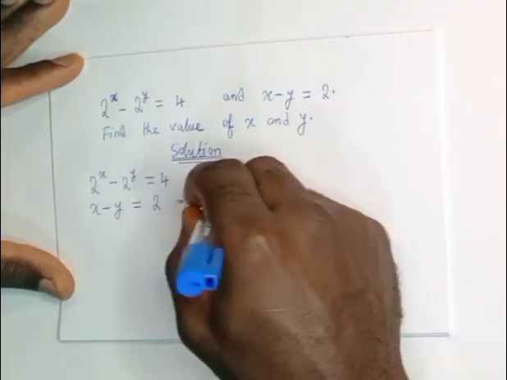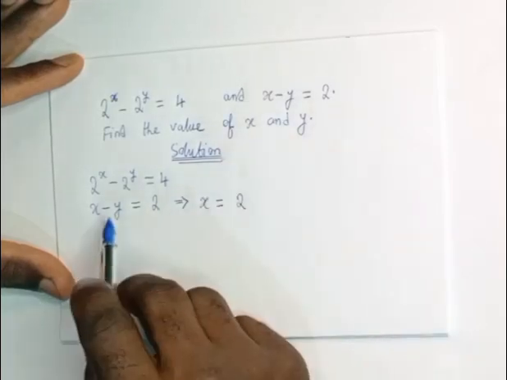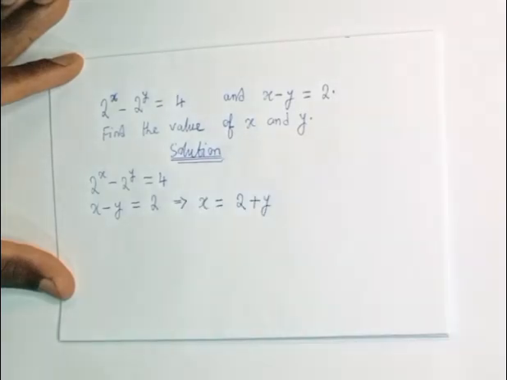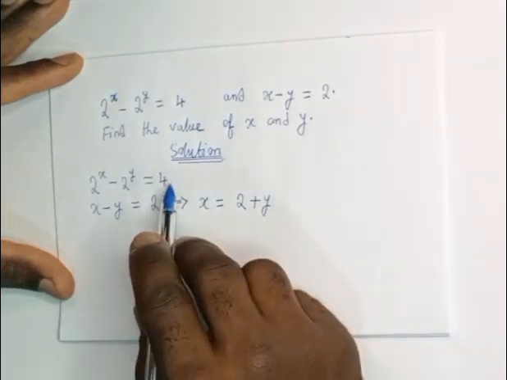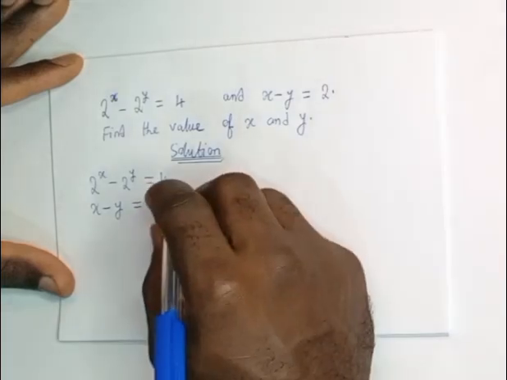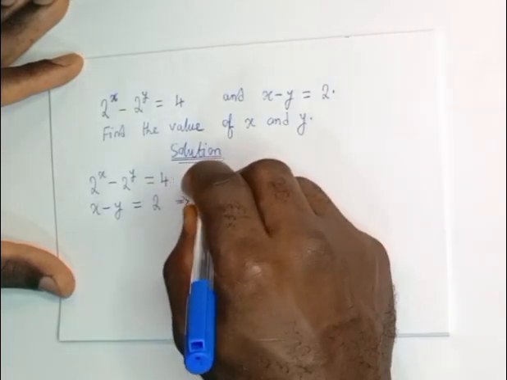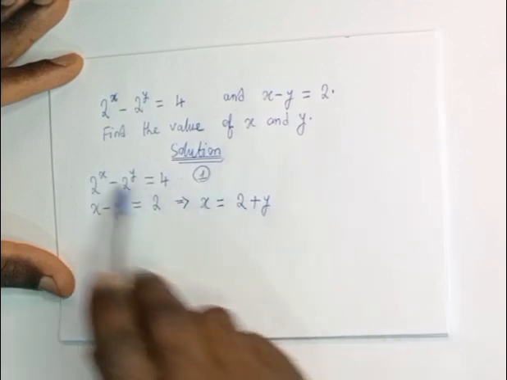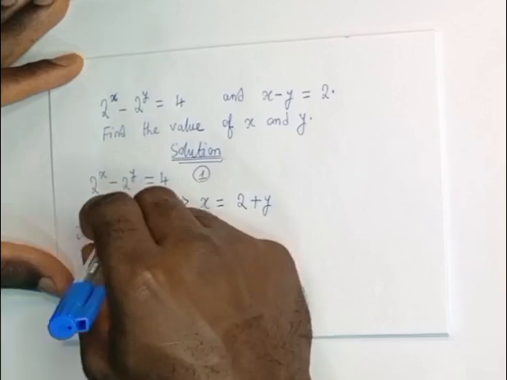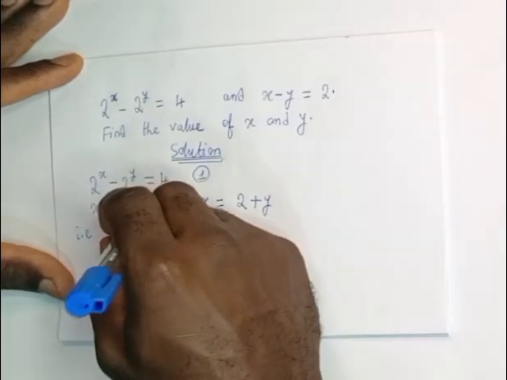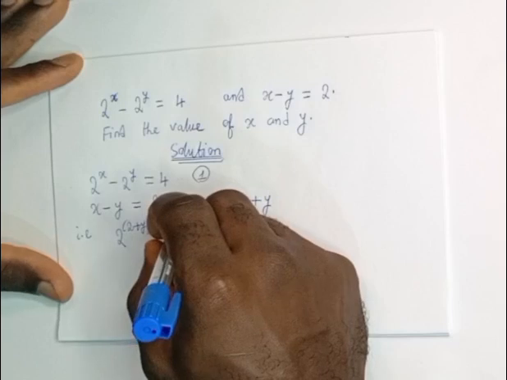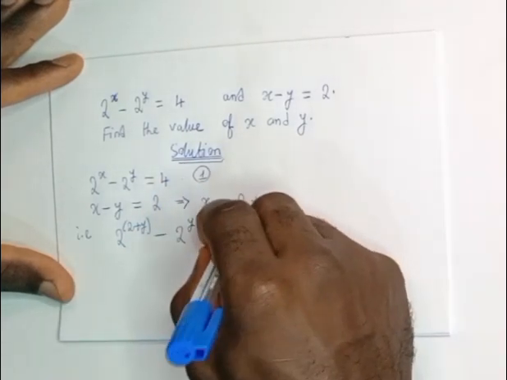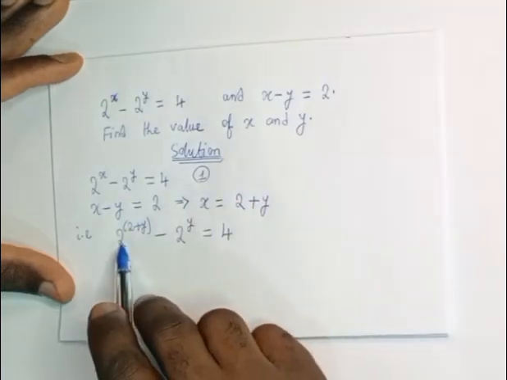Then this will give us x to be equal to 2. When negative y crosses the equality sign, it becomes positive, 2 plus y. In the first equation, let's just call this one equation 1, we are going to replace x with 2 plus y. And this will give us 2 raised to the power 2 plus y minus 2 raised to the power y is equal to 4. This is simply the same as